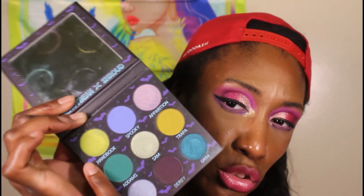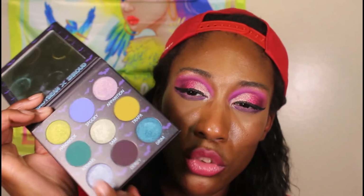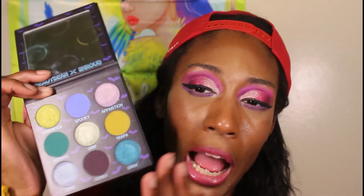I also live for shades like this. I usually use matte or shimmer shades like that, or matte or shimmer shades like this. I like greens like this. I like these transforming bluish purple shades. So blues, greens, and purples are mainly my thing, which I feel like is why I love this palette so